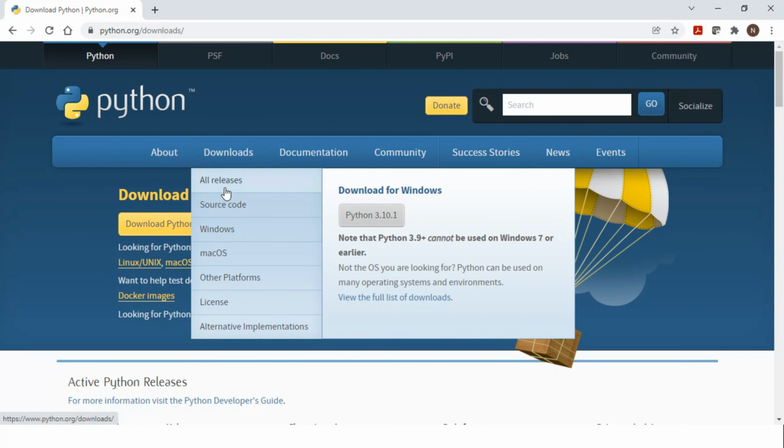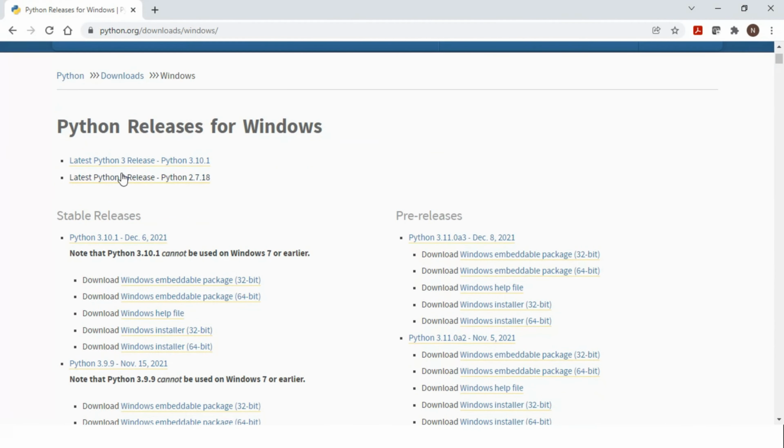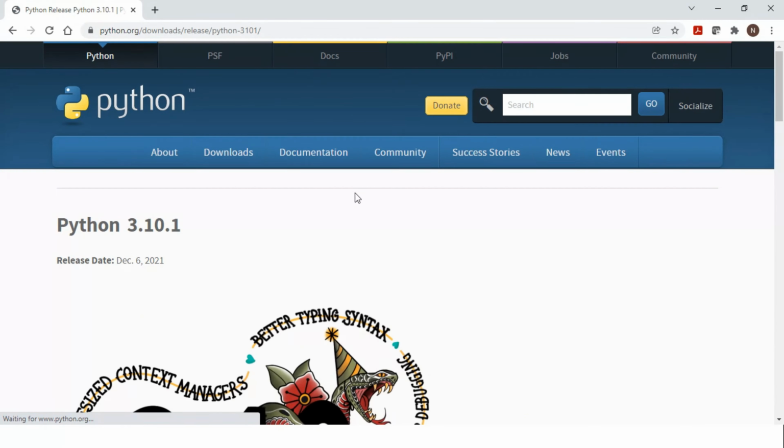And if you click on Windows, because we want to install Python on Windows, you can see here the Python 2 most advanced version is 2.7.18, and for Python 3 it is 3.10.1. And I'll go for the latest version. Click on this, and